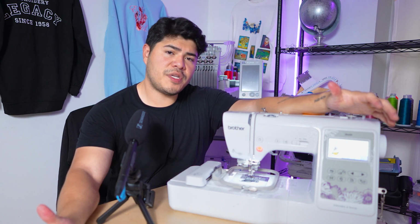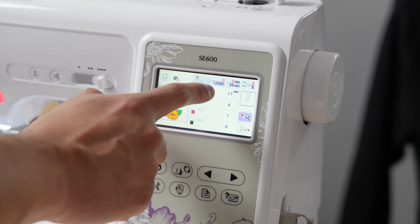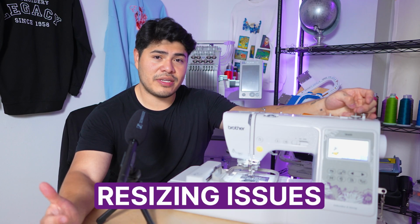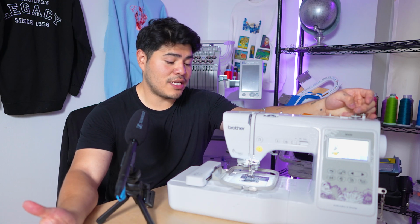Now, in the interface of the machine, you can do quite a few things like resizing, moving around, rotating, reflecting. Normally, all machines have the same options, but one common thing that new users do is they like to resize their design a lot on the machine. Now, I highly advise against doing this because